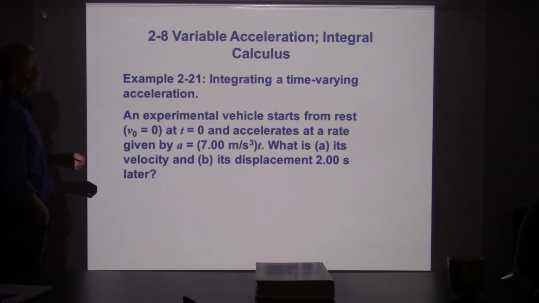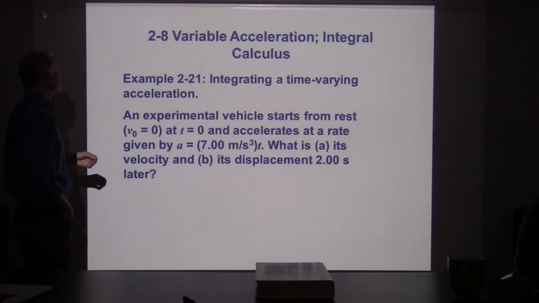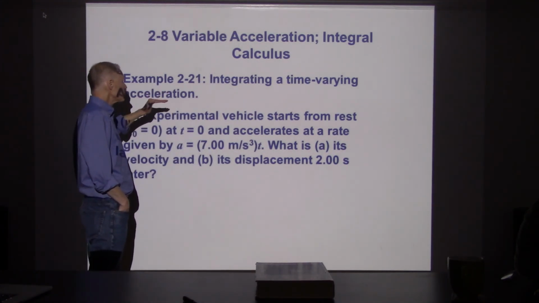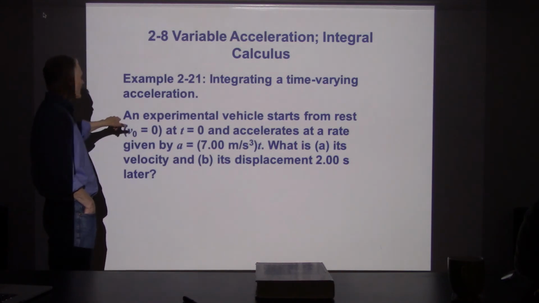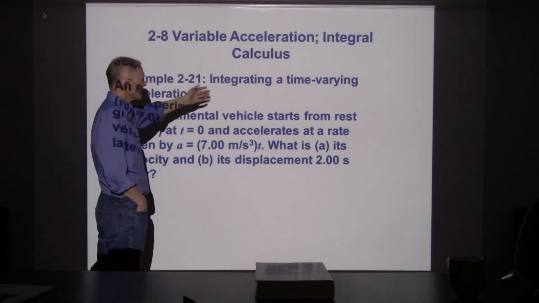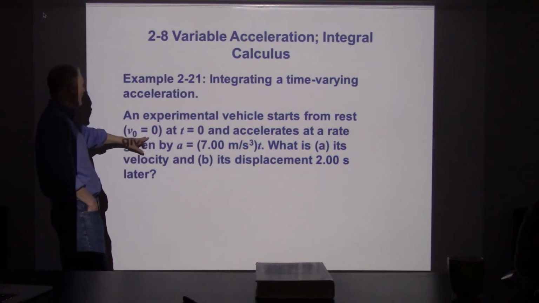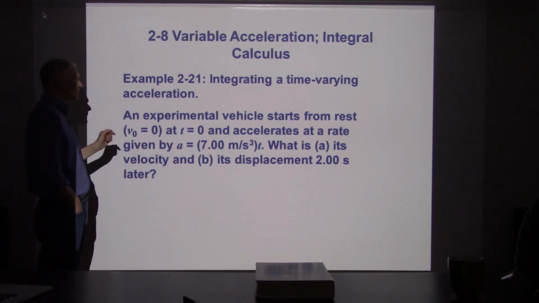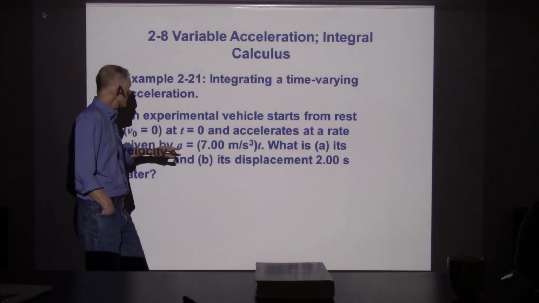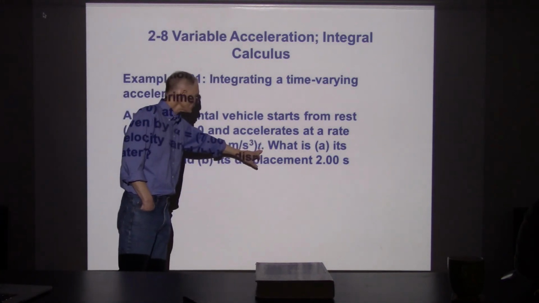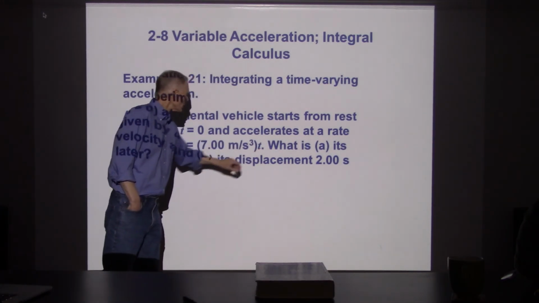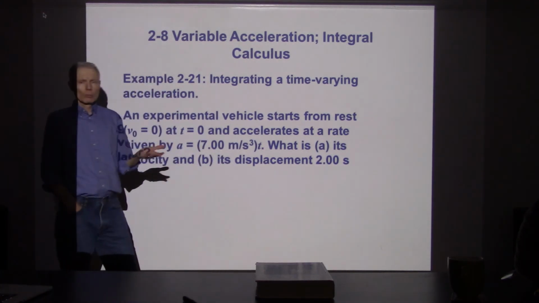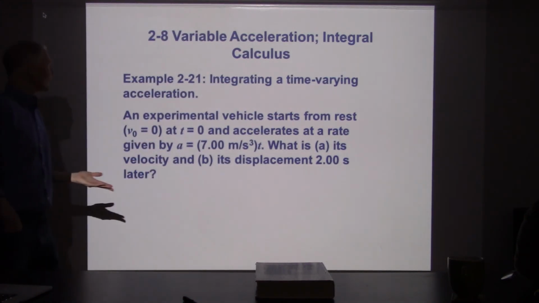I think we have time to slip in this last example. So what would happen if the acceleration were not constant? What it's saying is that we have an experimental vehicle that starts from rest, so v naught is equal to 0 at t equals 0. It accelerates not constantly, but the acceleration is increasing with time. So the acceleration starts out at 0, but after 1 second it's gone up to 7